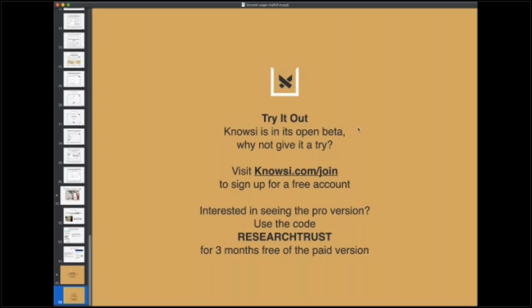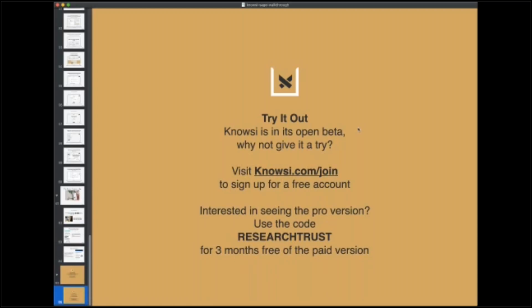What's going on there? So absolutely, and this is something that we're actively looking for right now. I personally have some contacts at different universities that I've been reaching out to, but Knowsi is a small operation, so if you are interested or engaged with those organizations, or an administrator at one of them, please send me a note. I would love to learn specifically what your needs are and how we can support you.